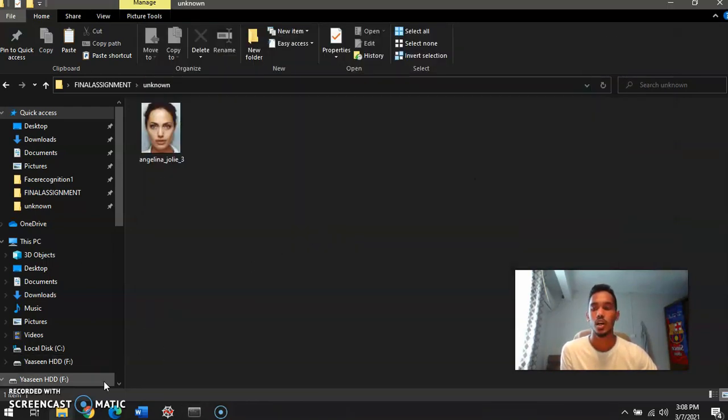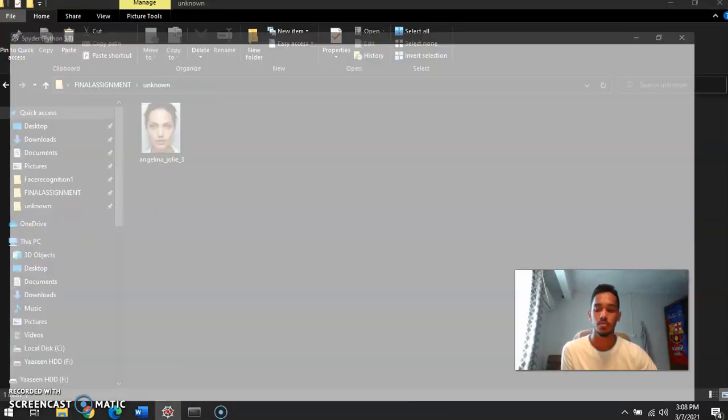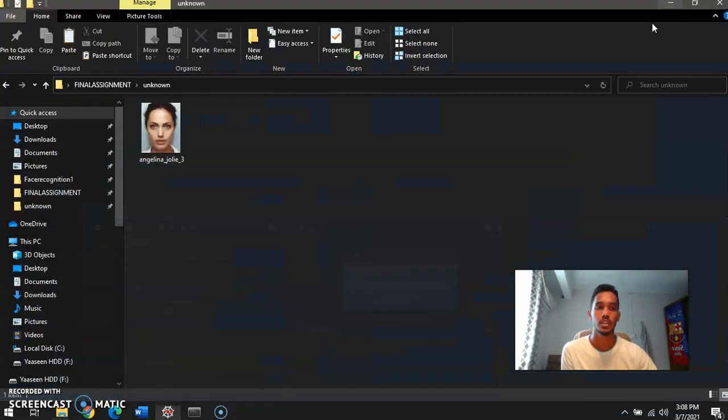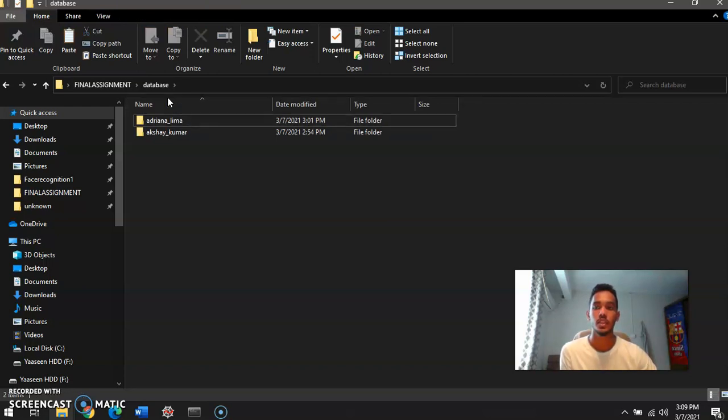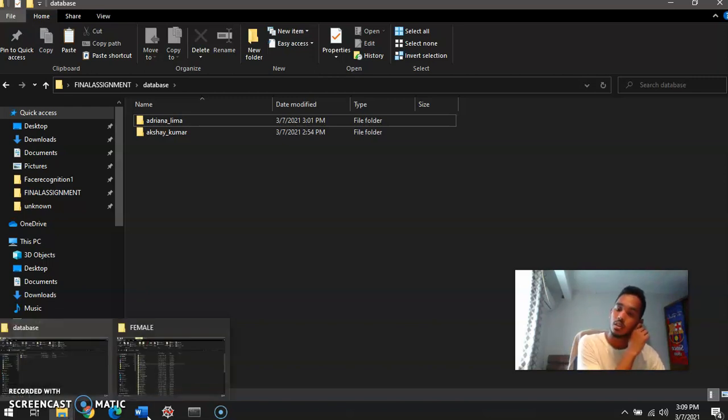Now if we want to add a new user to the program, we can do that as well. The program will open the camera and take 50 snapshots and then save them in this format, in this database folder. That is, we'll add the name here and then we'll save each picture one by one. It captures; we can change the number of frames we want, 20, 10, as much as we want. Then for recognition, we can open the program.